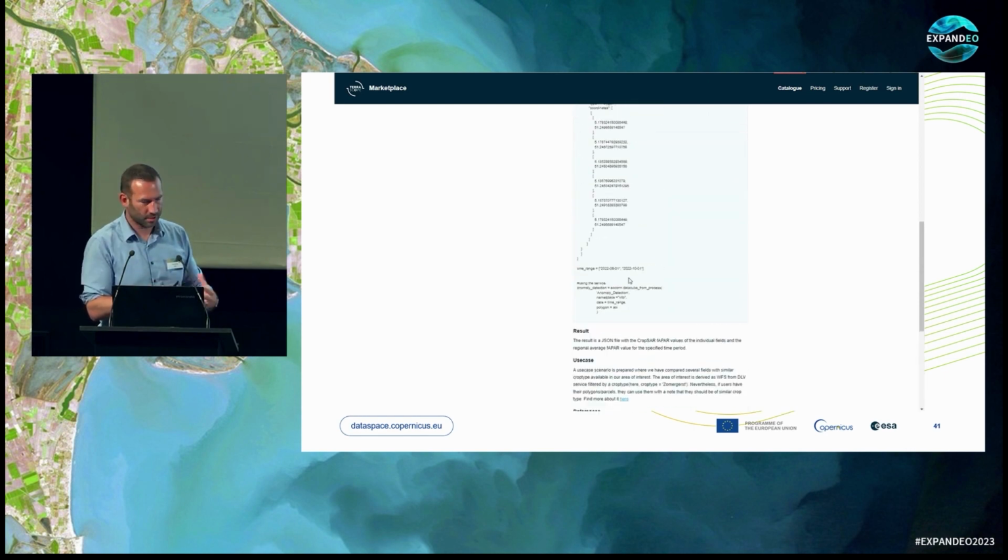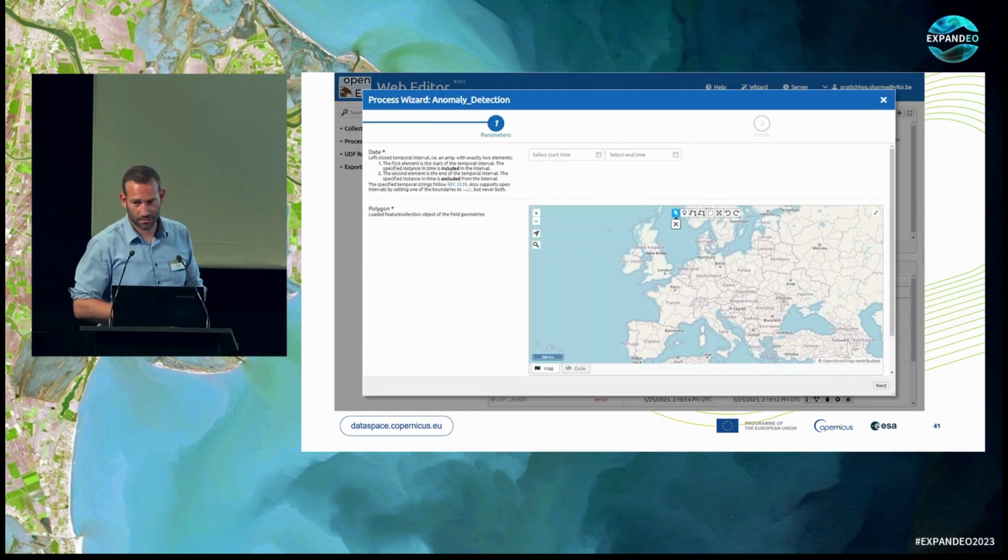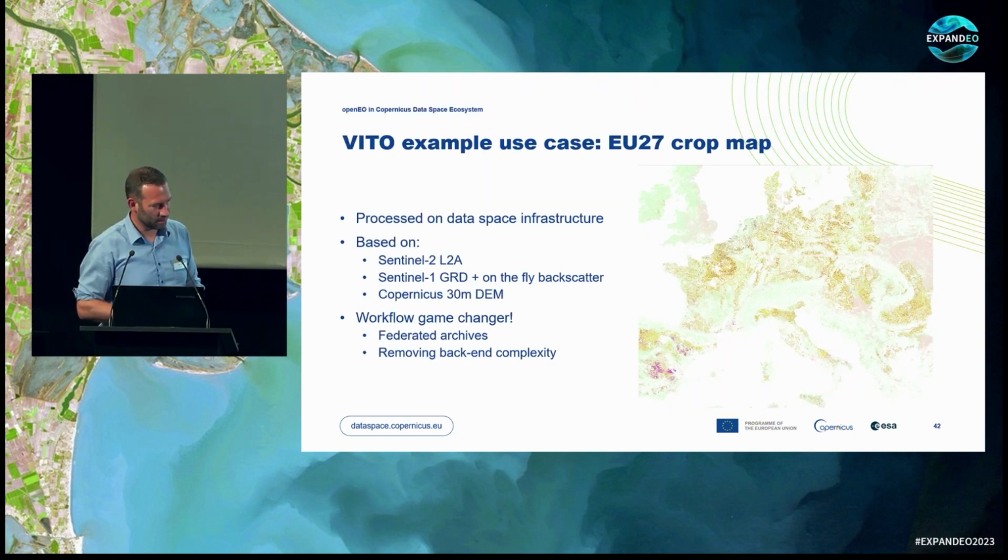So if you need that somewhere in your process, you can easily take that out and put it in your workflows on all the data that is there in OpenEO. So this is a wizard showing that. So I think that's a little bit the demo. I'm not going to leave it running for the time.